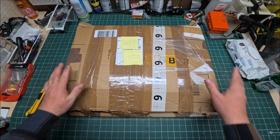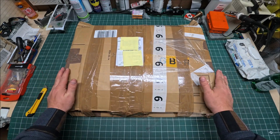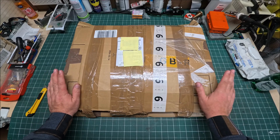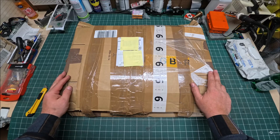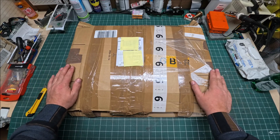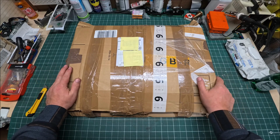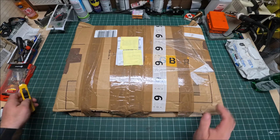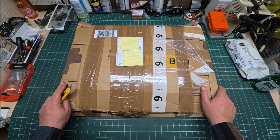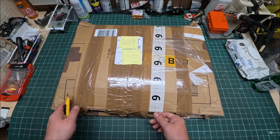Well, today I got another box from UK and it's a pretty big box, not too heavy, but we all know usually if it's a box like that size from UK, that means we got another Amiga 500 or 1200, maybe 600. Well, let me stop pulling your legs. It's Amiga 500 I got from UK. Let's open it and see